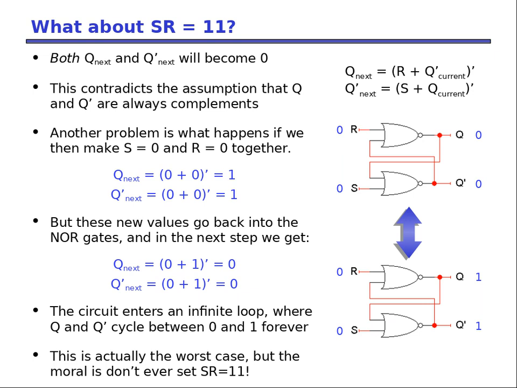So the next section of latches are basically a way to get around this issue, because you always want to guard against accidentally setting it to a state that's going to totally hose your system,